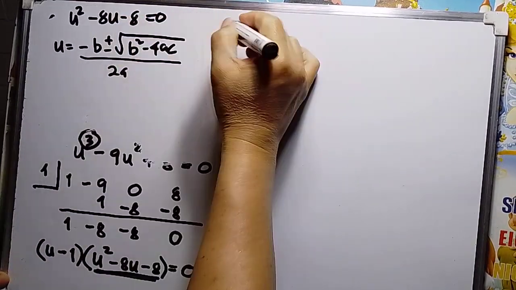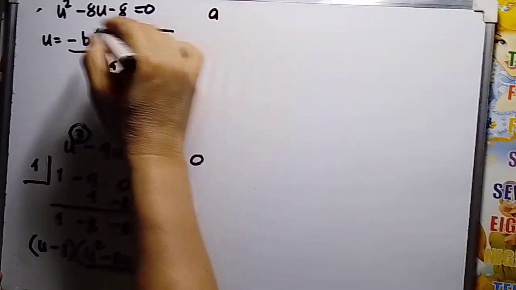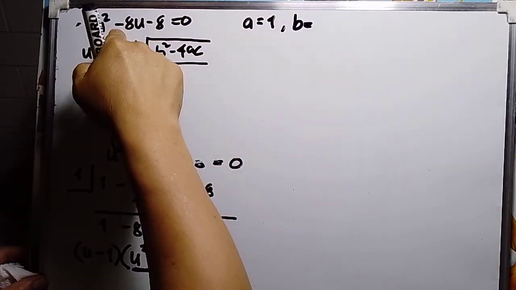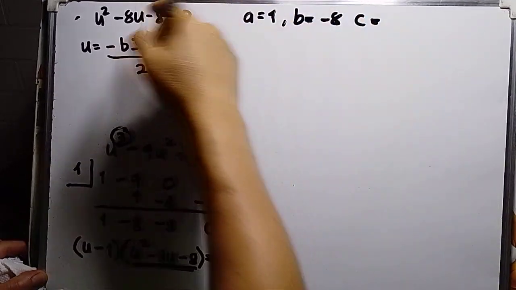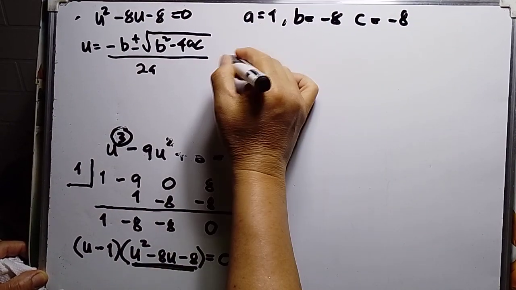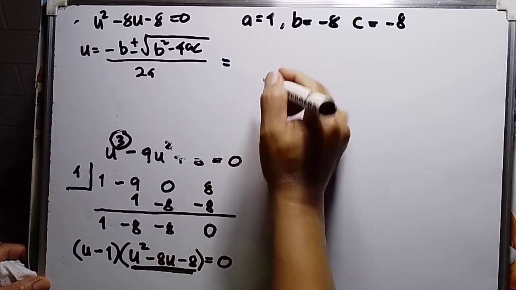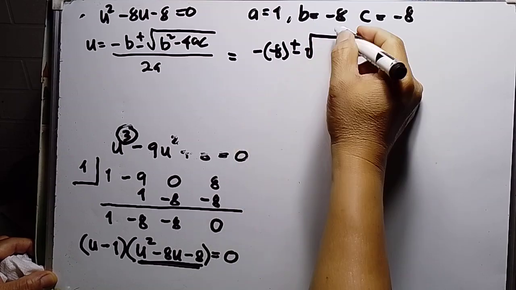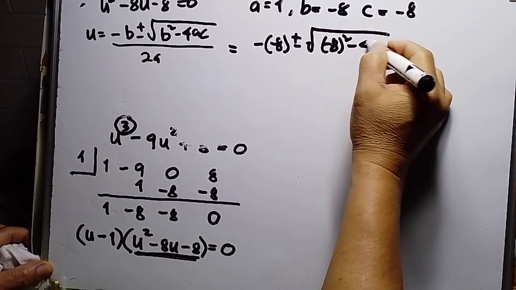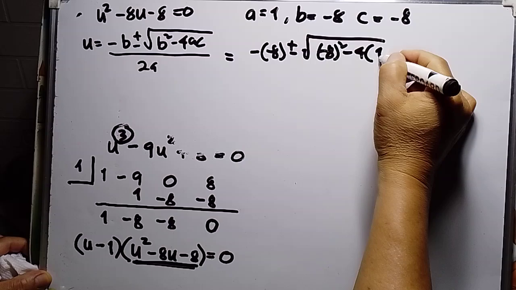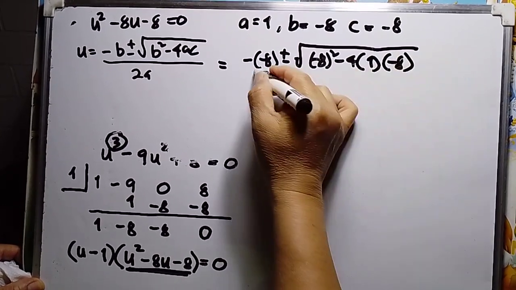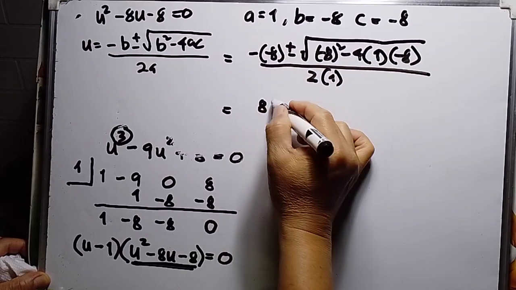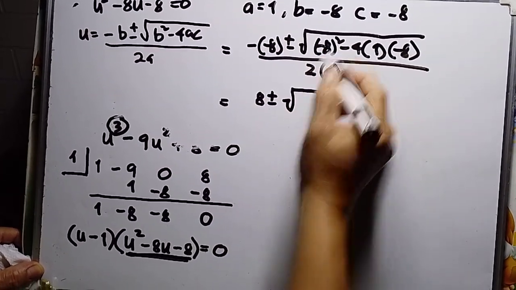Okay, so I need to take the coefficients from the equation. So my a for u is 1, and then b is negative 8, and then c will be negative 8 also. Then substitute in the formula, negative b plus and minus the square root of b squared minus 4ac, all over 2a. So that will be positive 8 plus and minus the square root of negative 8